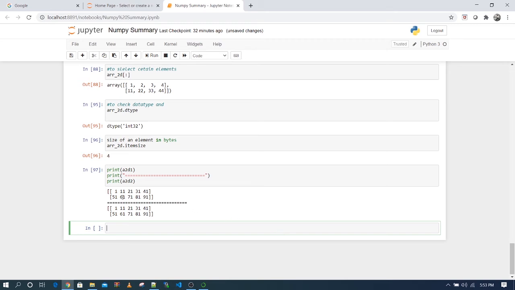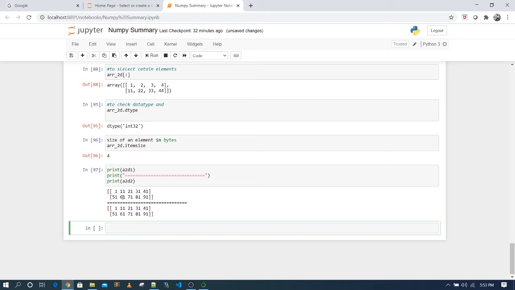Now suppose you want to join these two matrices, then you have certain methods. First of all, it depends how you want to join. Depending on the requirement, you have certain methods. Like if you want to concatenate it, joining column-wise, then you can use vstack. And if you want to use row as your factor, then you can use hstack.